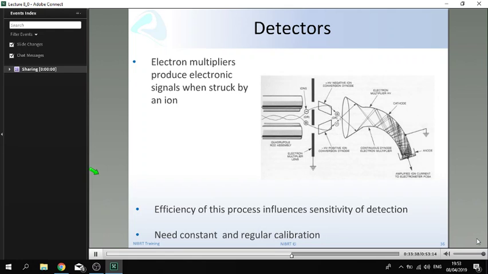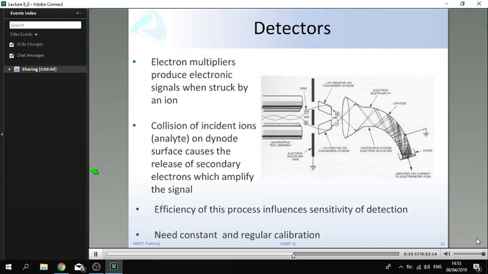So after this, we'll talk about detector and data system. Detectors are electron multipliers that produce an electronic signal when struck by an ion. When the ion goes to the detector and strikes the electron multiplier, more electrons are produced. Then they travel, they strike the multiplier, and even more electrons are released. And by this, we get multiplying of